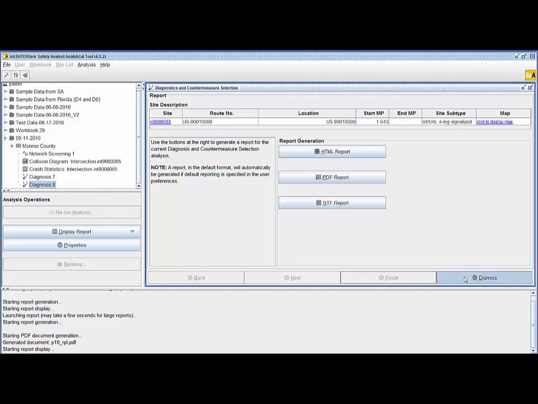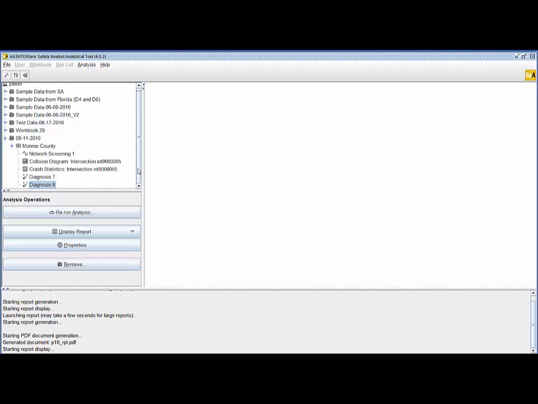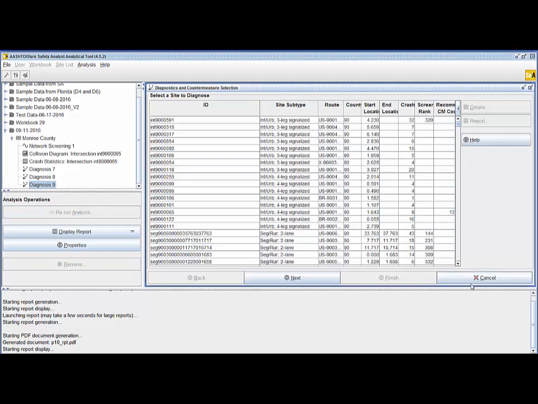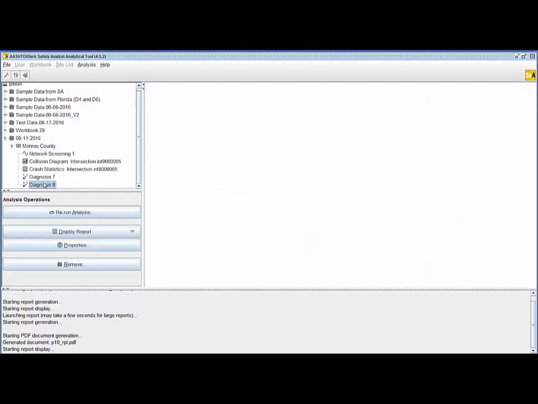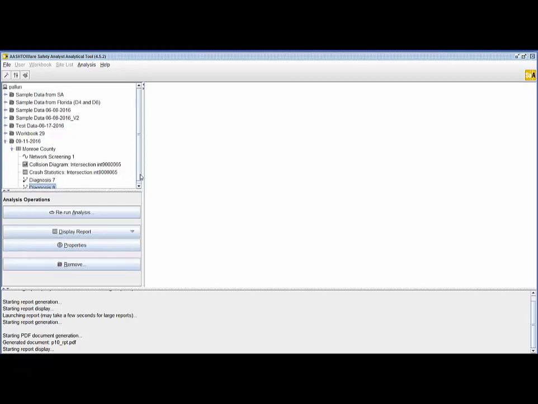Let me click on dismiss. If we want to, we could select the diagnosis on the left panel and then click on rerun the analysis to perform the analysis again. However, we could close it for now, and if we highlight the diagnosis, we could also choose to display the report in either HTML, PDF or RTF formats. Since we completed the diagnosis,